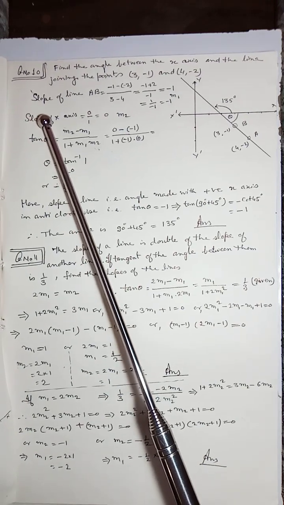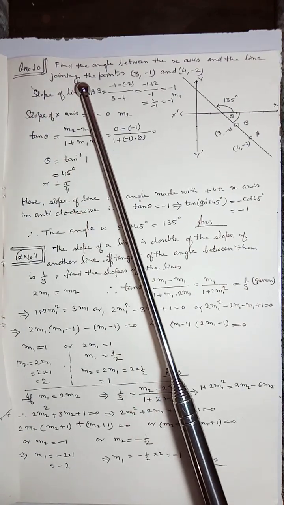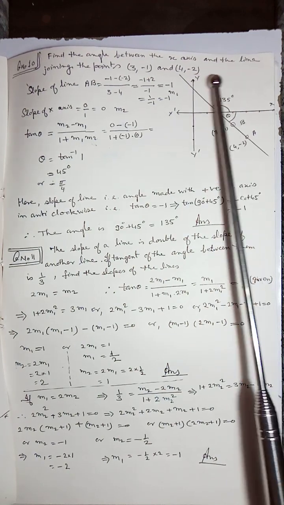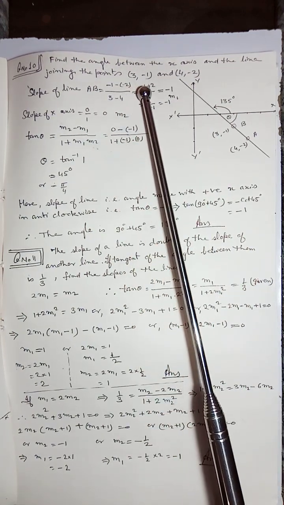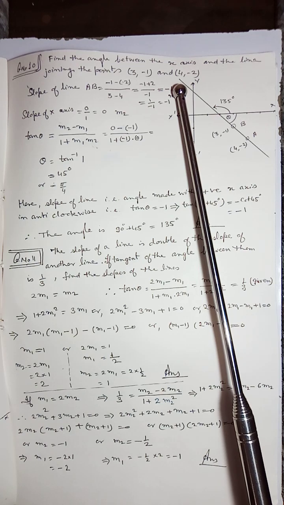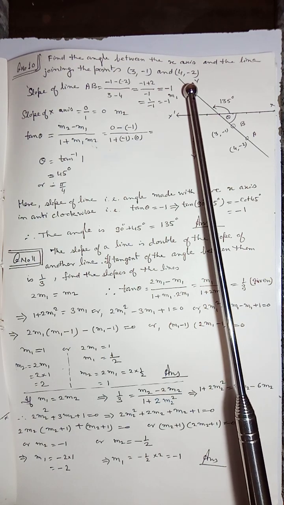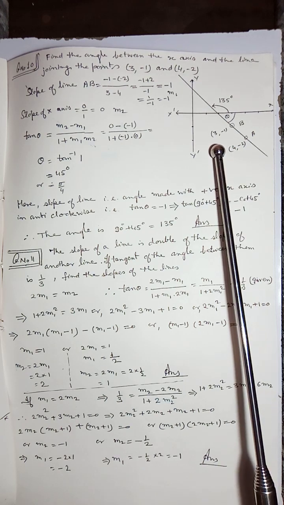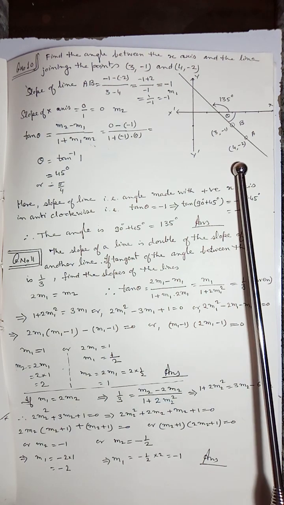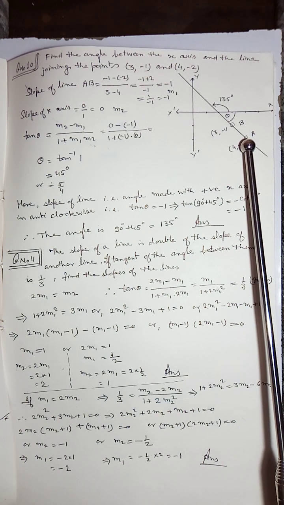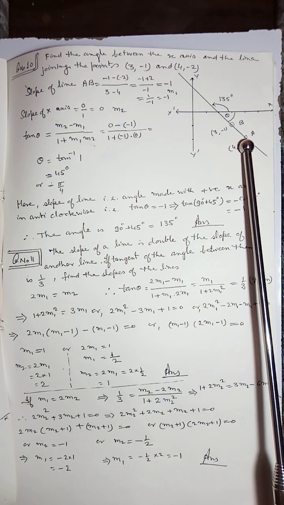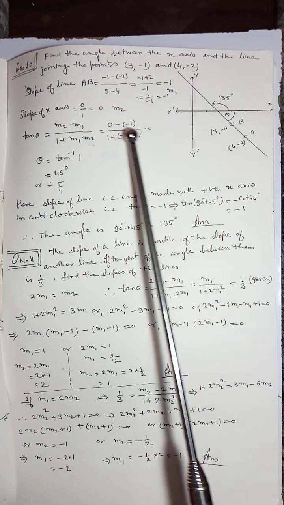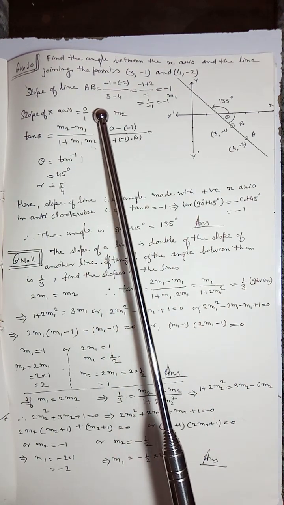Now come to question number 10. Find the angle between the x-axis and the line joining the points (3, -1) and (4, -2). Now see, we first plotted the points: (3, -1) here and (4, -2) here. Both points lie in the fourth quadrant. The slope of line AB can be worked out by